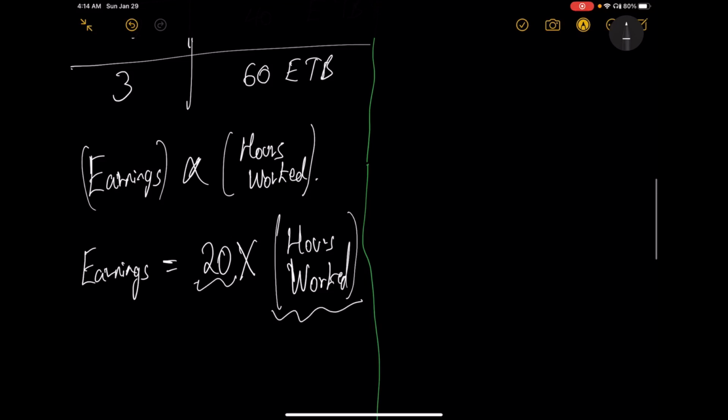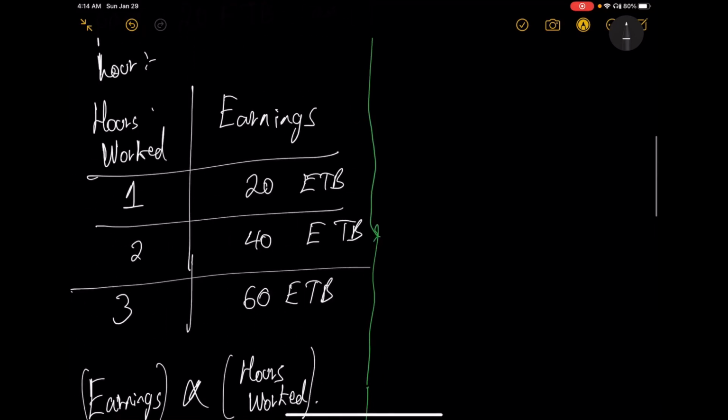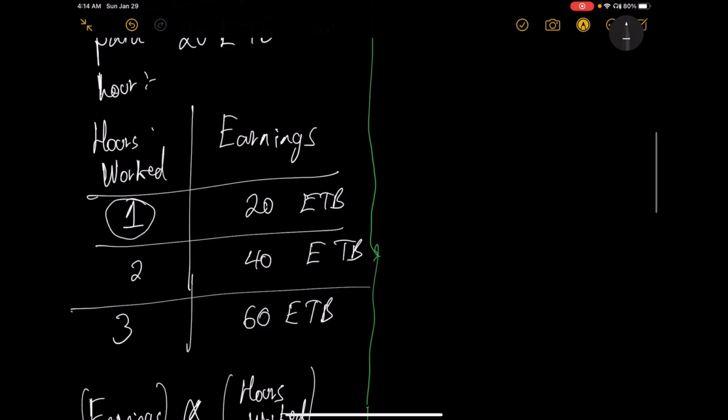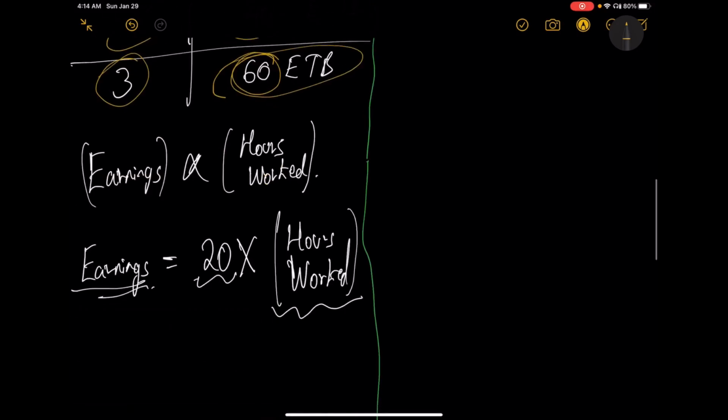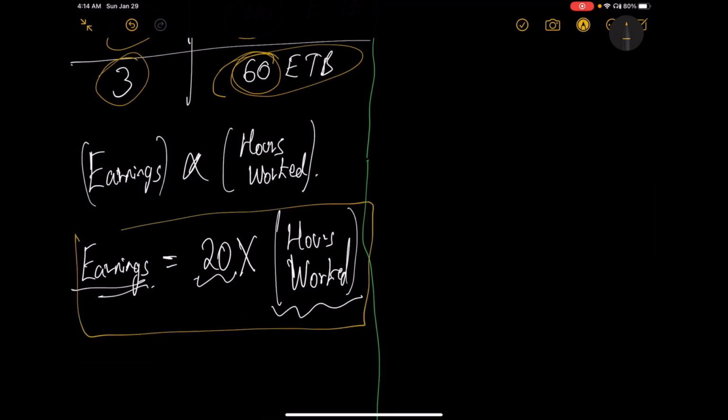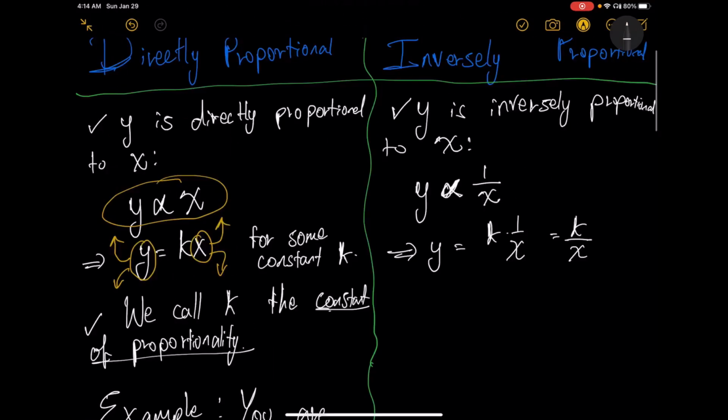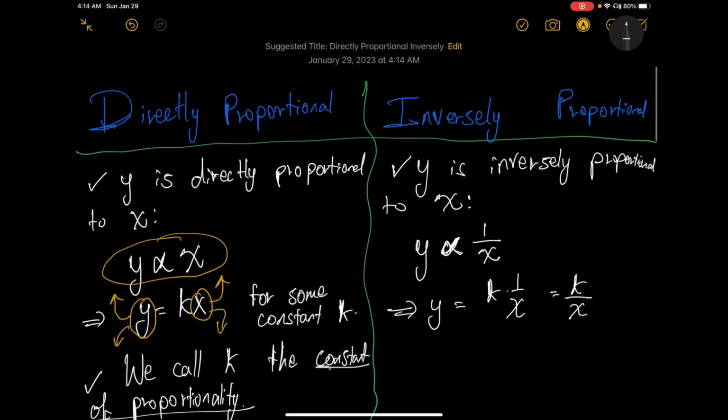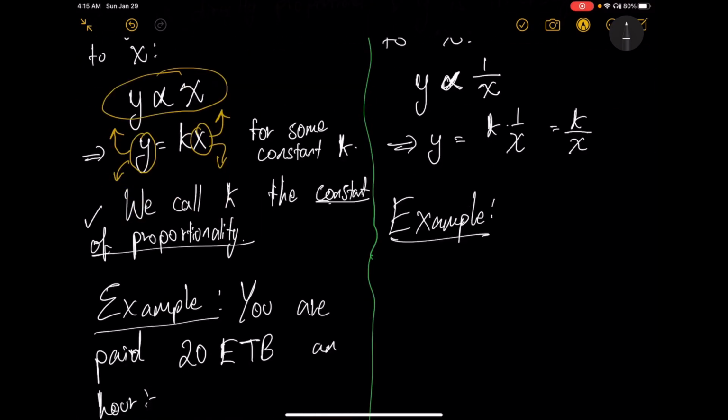የሰራንበትን ሰዓት በ20 ብናባዛ የምናገኘውን ገንዘብ እናውቃለን። አሁን ለምሳሌ 1 ሰዓት ከሰራን 1 ሲባዛ 20፣ 2 ሰዓት ከሰራን 2 ሲባዛ በ20 40፣ 3 ሰዓት ከሰራን 3 ሲባዛ በ20 60። ይሄ ነው ፎርሙላው ማለት ነው። እንግዲህ አሁን ይሄ earning እና hours worked directly proportional ናቸው ማለት ነው። እና 20 ደግሞ ምን እንላታለን? constant of proportionality እንላታለን ማለት ነው።